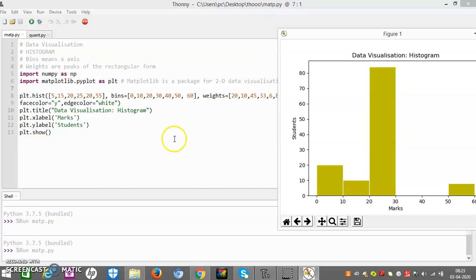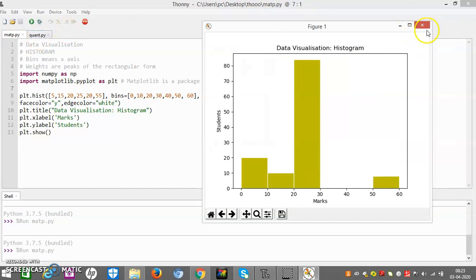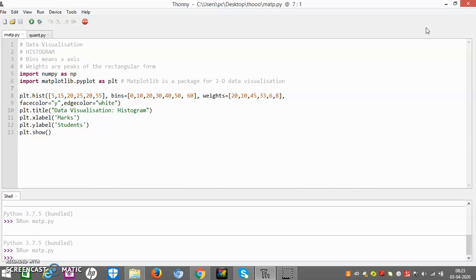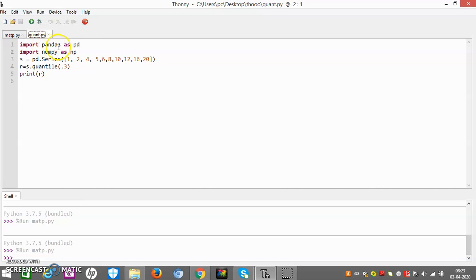Now friends, let me move to the next thing. Let me close it first. I think I am very clear about my topic, histogram. Now I have discussed quantiles also. For that we must have pandas installed. To install pandas, you have to write pip install pandas in the shell.